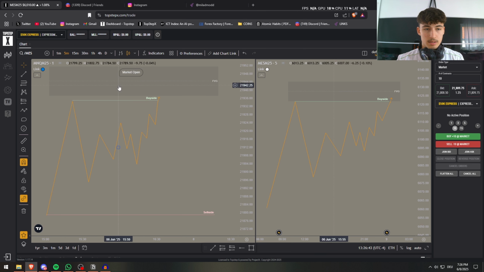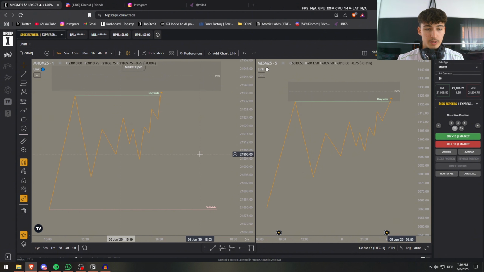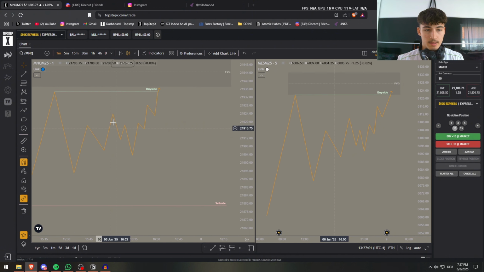So this is market open, and instead of waiting for the price to sweep this first and then take a trade, I want to see a continuation to that buy side liquidity, implementing my reversal model. So if it's quite confusing, I'm going to show you what I mean by that. Market opens. What do we do? We run this short-term low right here. And then what would also be really nice is if we tap into a higher time frame fair value gap, maybe